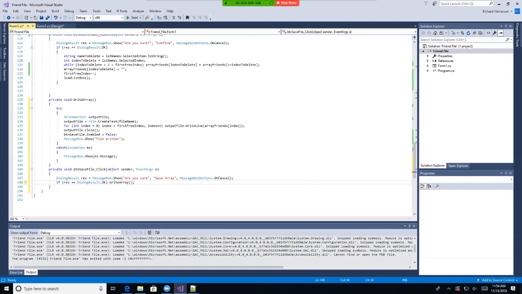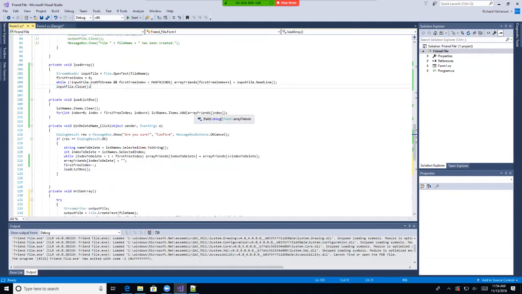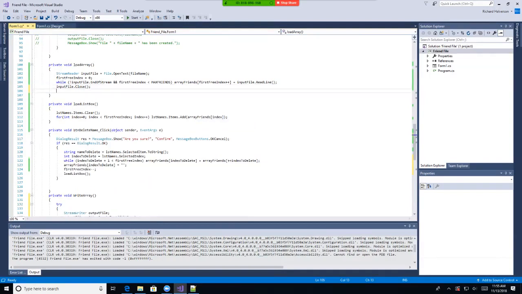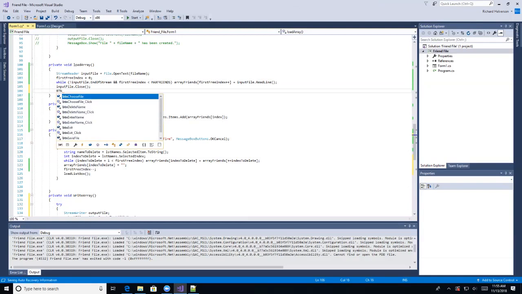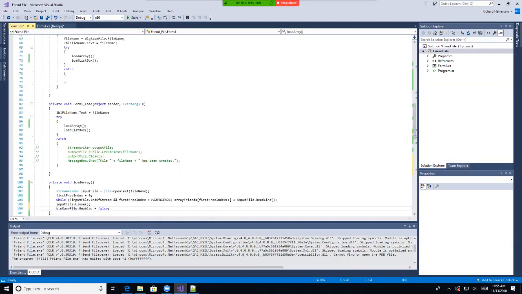And so once we load up the array, we want to disable the save button because the array is exactly the same as the file. So button save dot enabled equals false. But once the array changes,